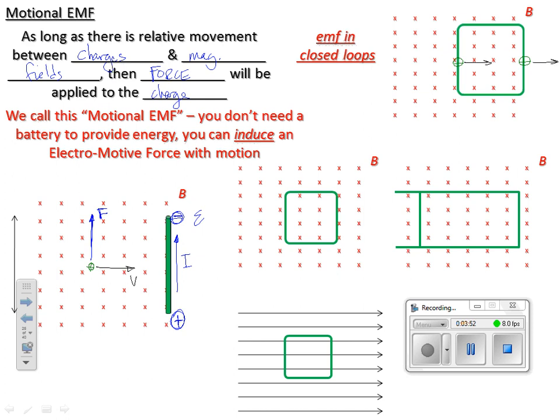At the instant when this thing is moving through the field, there's B. The field's into the page. Both of those charges would feel a force upward. Well, if both charges are pushed upward, neither of them is going to go anywhere, because you can't jam the charges together in some place. You'll get no current in a situation like this, because both charges are pushed the same way. So in this case, we say this does not induce an EMF. And again, EMF is the same thing as voltage